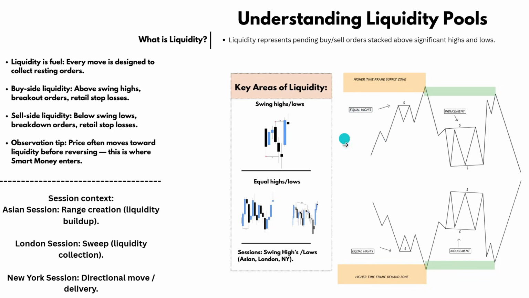So let's look at this schematic right here, right? These schematics, they're not always this linear and this perfect, but they help us understand how price may look once we put it all in order, right? So first we may see that price gives us a prior equal high right here, to then go higher, clear this equal high and mitigate a higher time frame supply level. Any type of PD array may be here. This is just a higher time frame zone that's gonna lead to create our new dealing range for our lower time frame model. So after price clears this higher time frame supply zone, price displays lower,